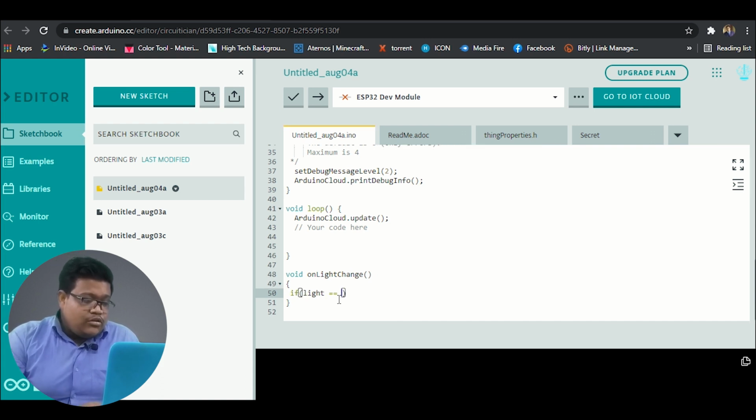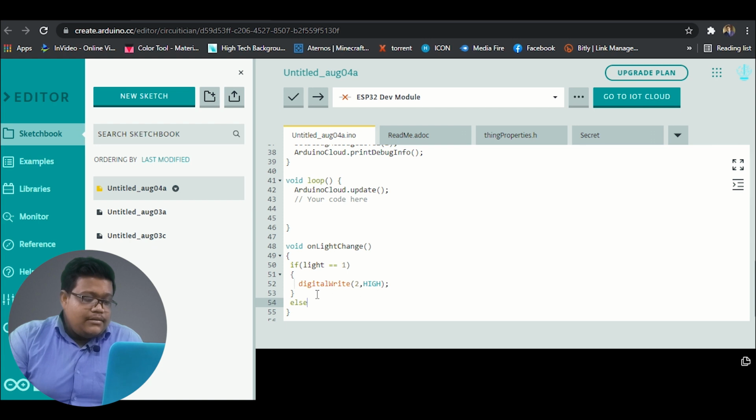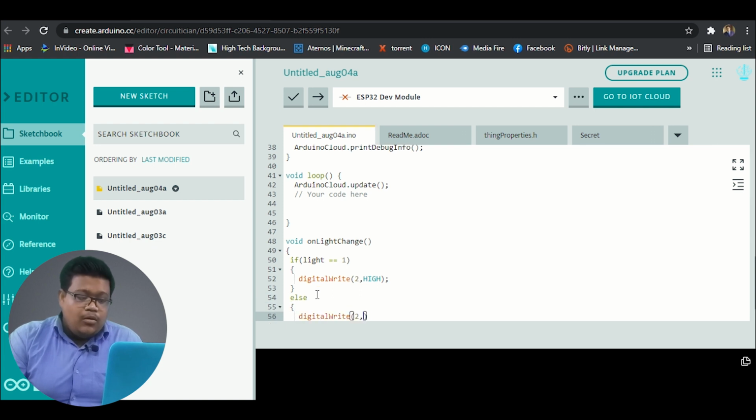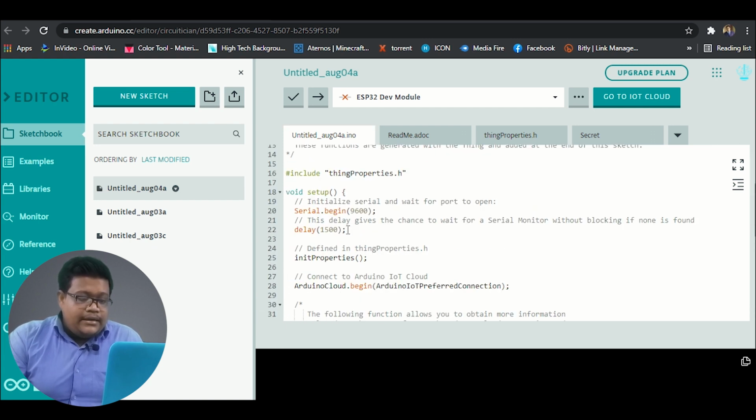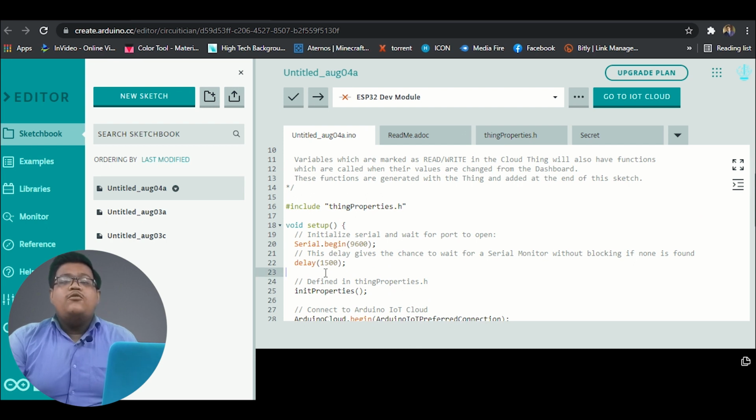If light equals 1, then digital pin 2 will be HIGH, else pin 2 will be LOW. And in the setup part, you have to declare pin mode 2 as output. So write pinMode, parenthesis open, 2, comma, OUTPUT.